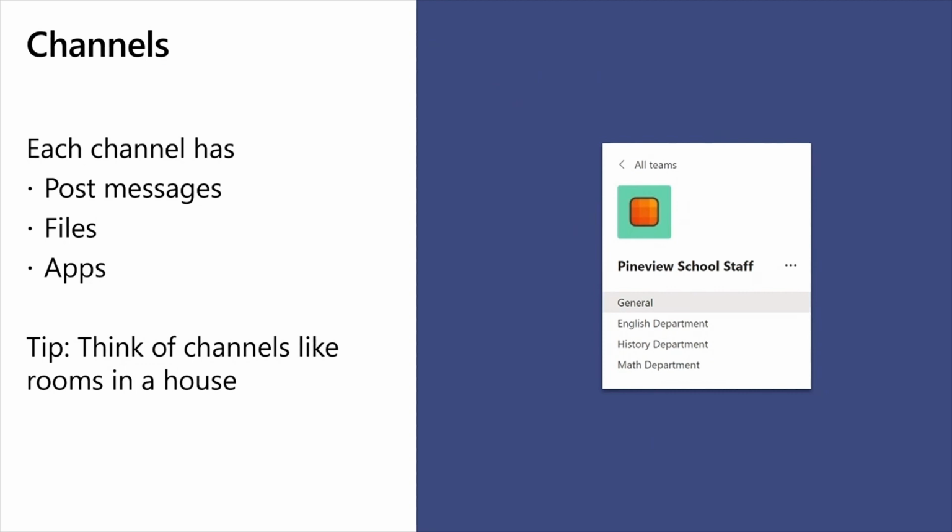So essentially, the way it's set up at the moment, we've got the general channel, which would have post messages, files and apps. We'd then have the English department channel, where we can also have post messages and have a separate thread about a separate topic completely if we wanted to, and host files that were just, in this instance, related to the English department. And then we have the history department underneath there as well. So you can start to break it out. And you can have numerous different channels within one particular team. So it helps you then start to think about how your team might be put together. So some lecturers like to use week 1, week 2, week 3, for example.